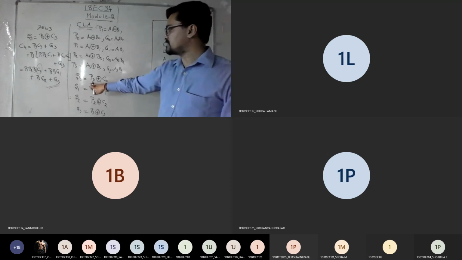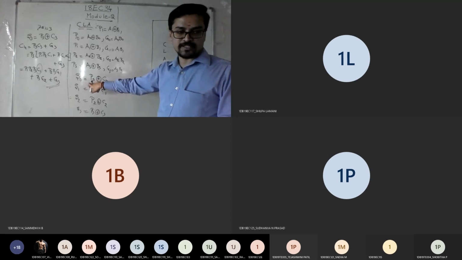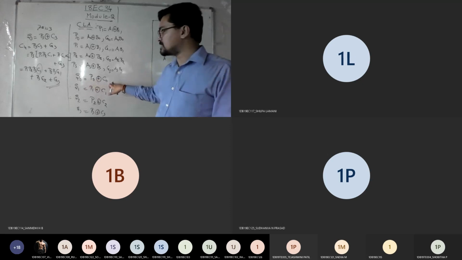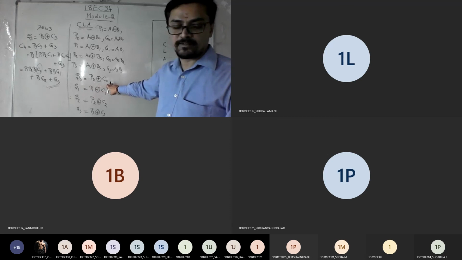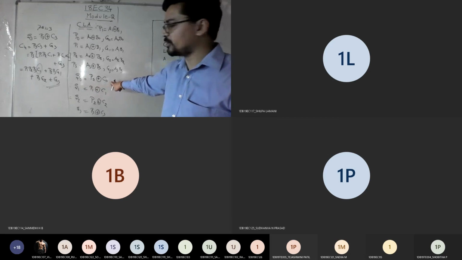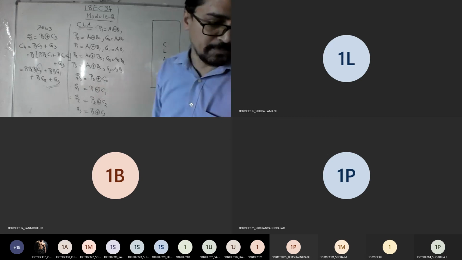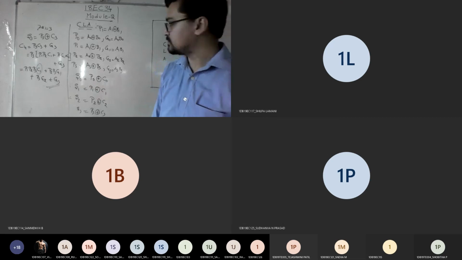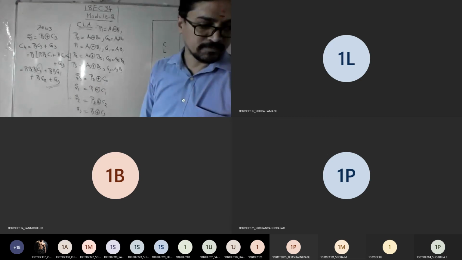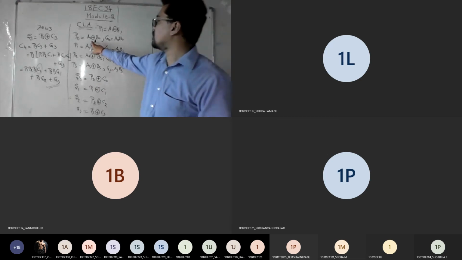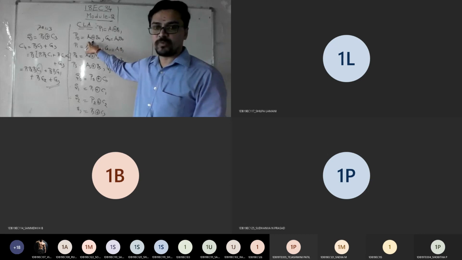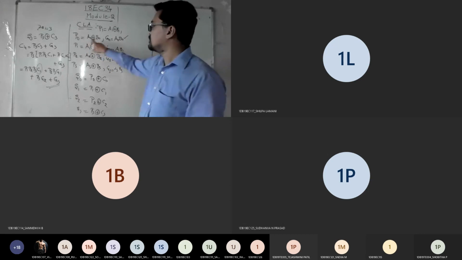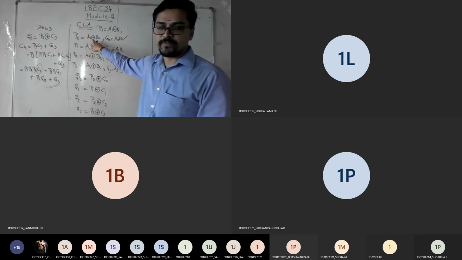LSB means S0. So for S0, the P0 and C0 combination is there. This should be given to your output, that is your sum part. So before that, what all things do you want? You want P0 and G0. So this should be given to which gate here? Look at this. A0 and B0 should be given to what gate?